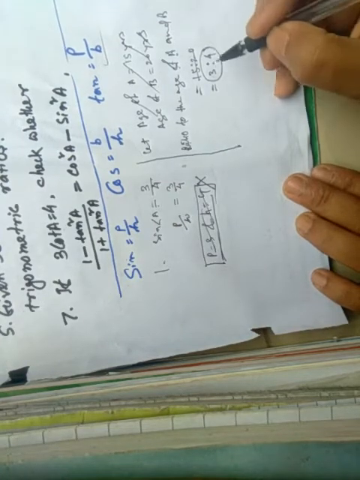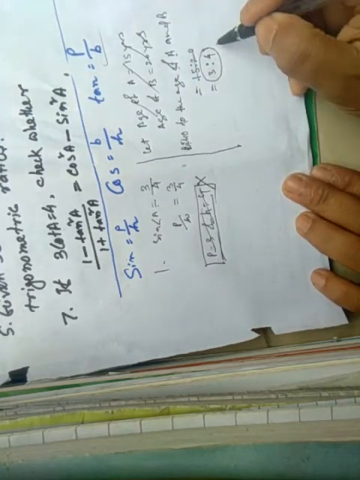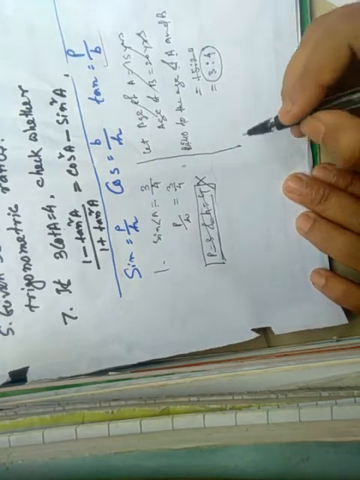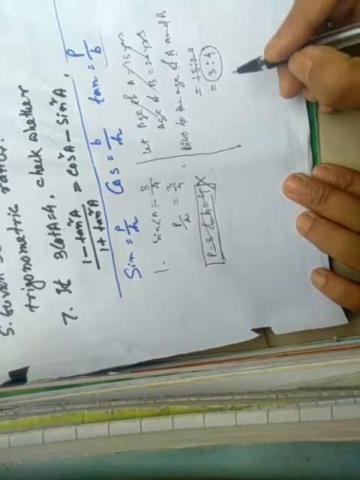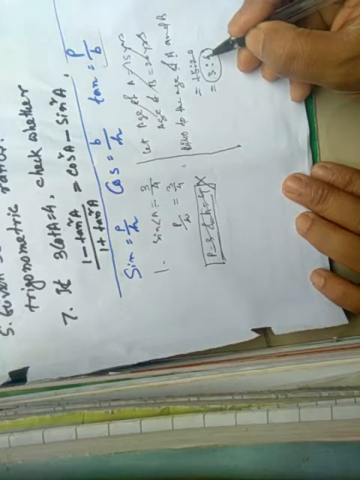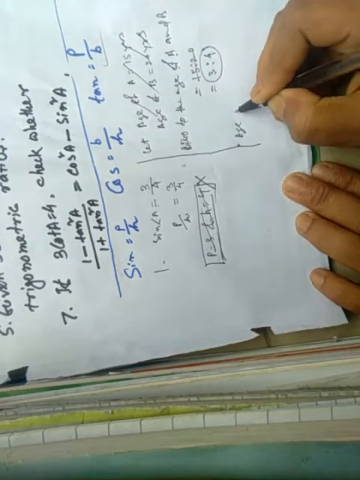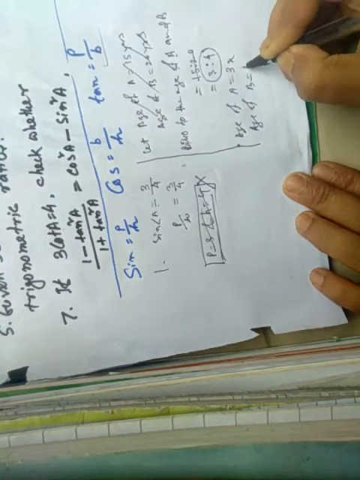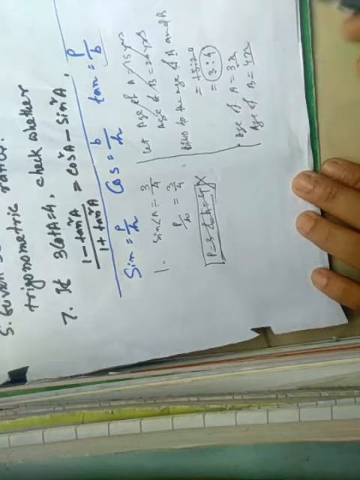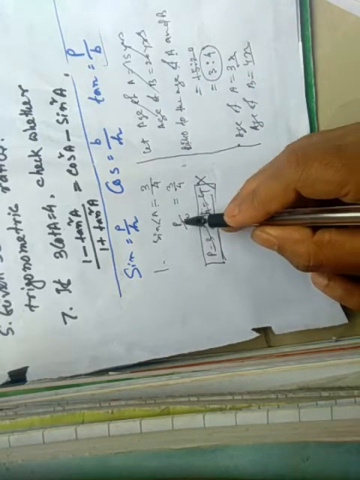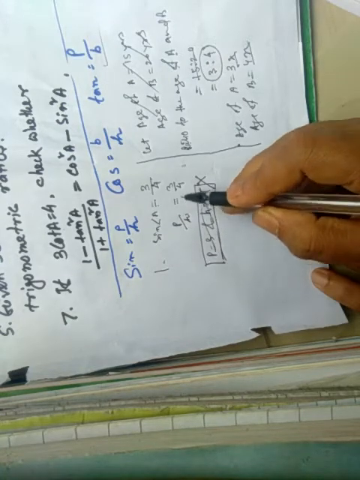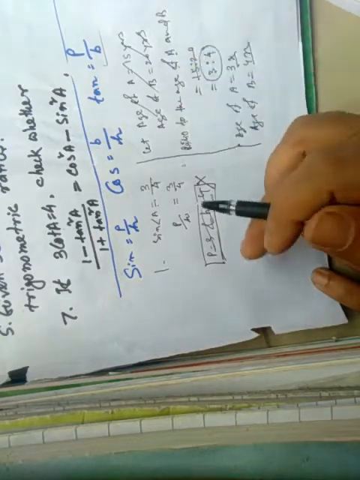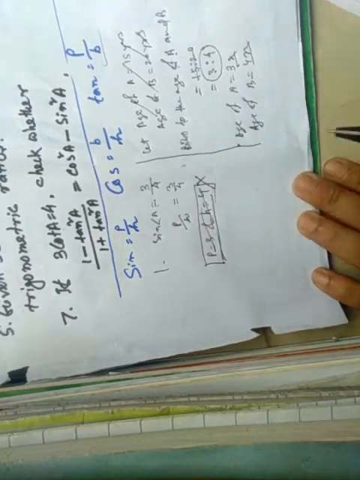Okay, if we want to find the values from the ratio 3:4, we must take a variable constant term. We should multiply a constant term with these ratios. We can take the age of A equal to 3x and the age of B equal to 4x. So here also, if the ratio p is to h is 3:4, we suppose it is equal to k, then p becomes 3k and h becomes 4k, not 3 and 4.